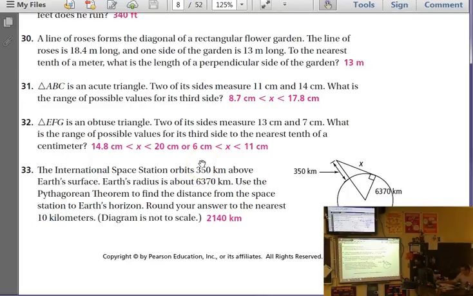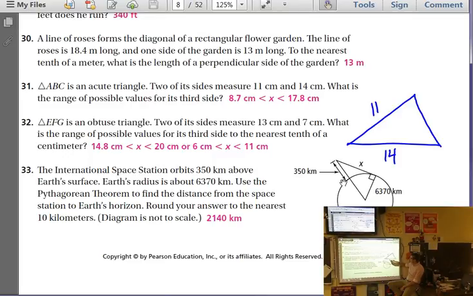If ABC is an acute triangle, two of its sides measure 11 and 14, what is the range of the possible third side? So, these two sides, if we have an acute triangle, and this is not going to be drawn accurately, so do not pay attention to how it looks, just pay attention to the math. So let's say an acute triangle, and we could have measures of 11 and 14 and be solving for another short side, which this hinge can only open a certain amount to stay acute,